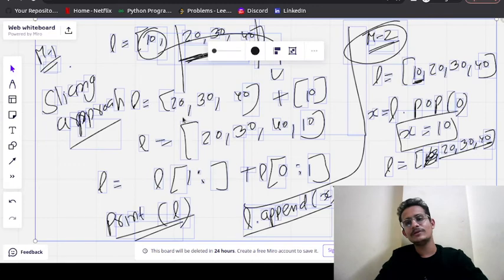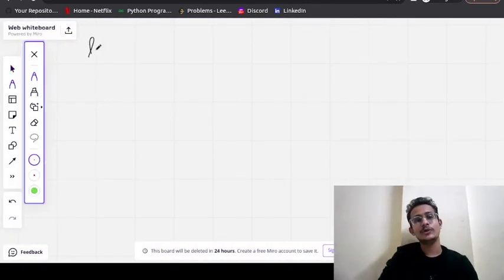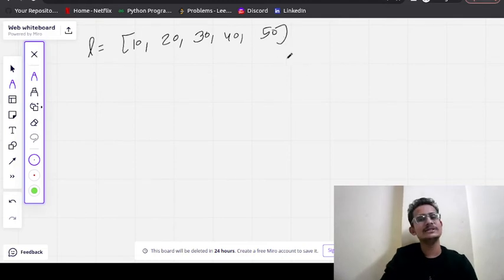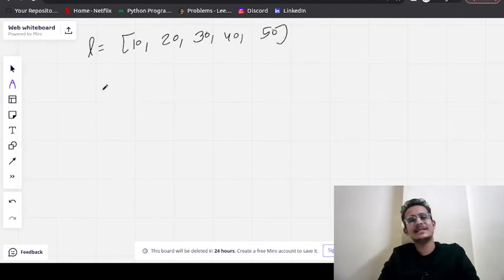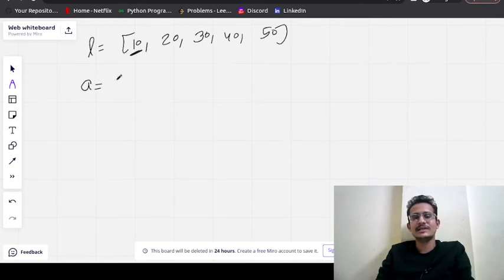Now again the interviewer will say, don't use any kind of inbuilt approach. I want you to write the approach manually. Because these functions are present in Python, so you are using them. Suppose you use a language like C or C++, these methods may exist, but he may ask you to solve the problem another way. So basically, first of all we will store this element in A, L of 0, so its value will be 10.